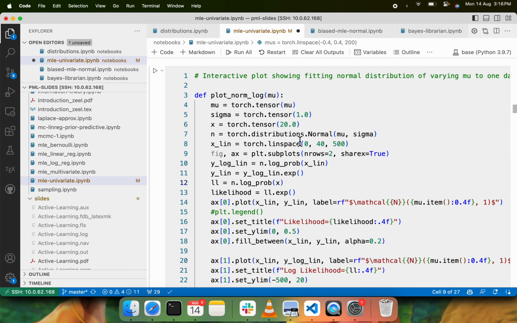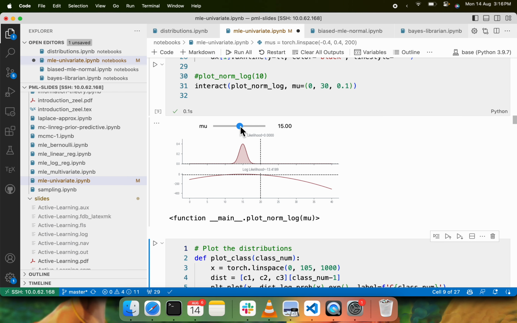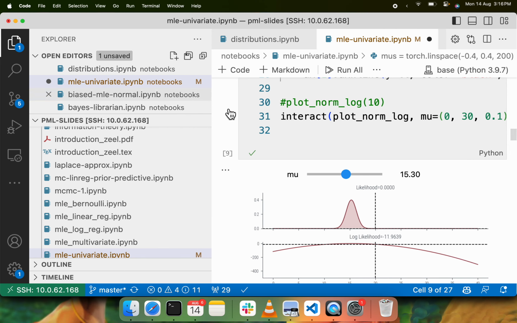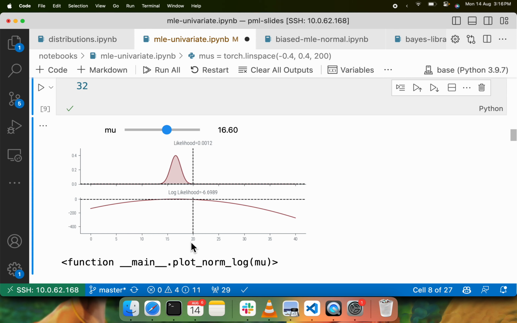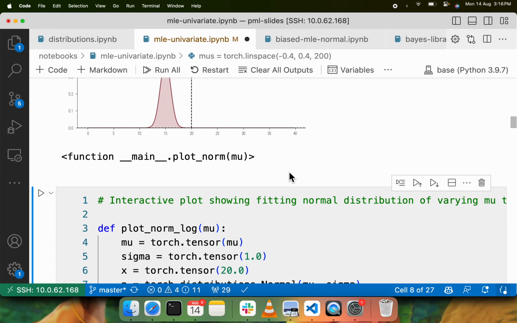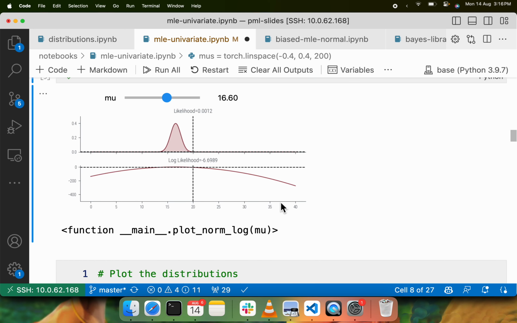So, I have assumed that I have been given some data, and if I want to look at how the likelihood and log likelihood are behaving. So, this is again showing you that you should be using the log likelihood wherever possible instead of the likelihood term, because the likelihood becomes 0 at most of these places, whereas the log likelihood is not 0. And this 20 is one observation, a single observation that I have, from a normal 0 comma 1 I think, right. So, you have a normal 0 comma 1 which generated the data. From that you are trying to observe the value 20, you are trying to look at the likelihood of generating that. So, the likelihood in terms of probabilities is 0 because of the numerical precision,